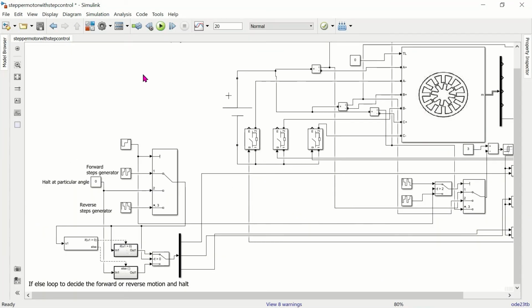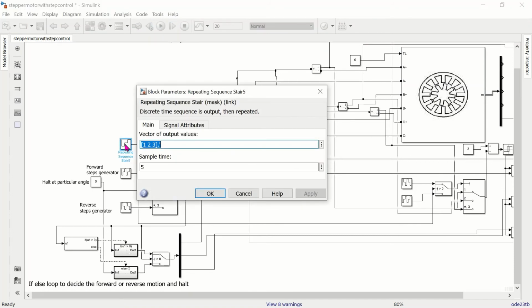Now I run the same simulation file with a different sequence. Here it is selected 1, 2, 3, again 3, 3, 1, 1, 2.